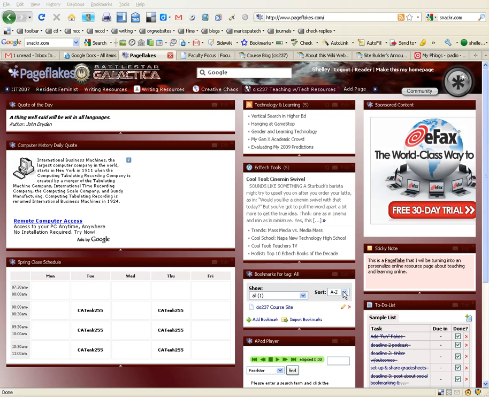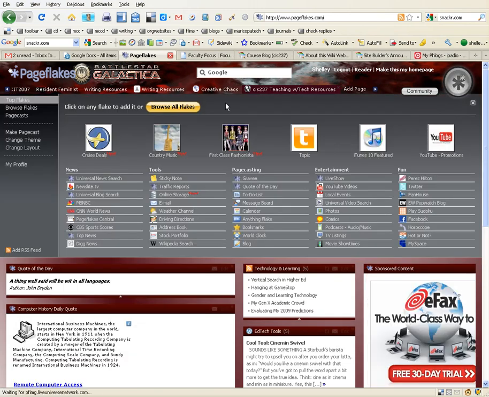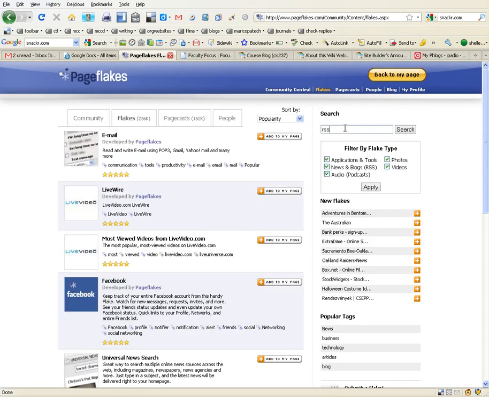Well, I just wanted to quickly share with you trying to get RSS feeds into Pageflakes. It's not the most intuitive of things, so I just wanted to show you how to do it. The toughest part is that there's no obvious RSS aggregator flake for you to find. If you browse Flakes and you search for RSS,